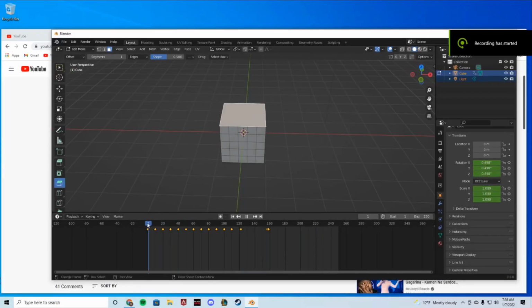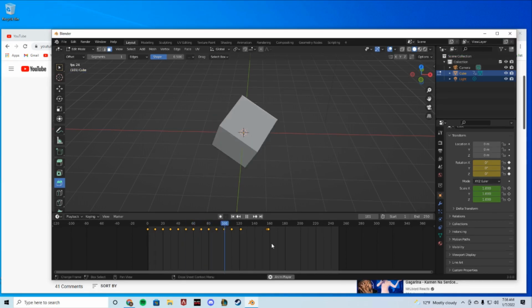Let's take a look now at the other related tracking constraints, that being the locked track constraint, the stretch to constraint, and the damped track constraint. Each of these is